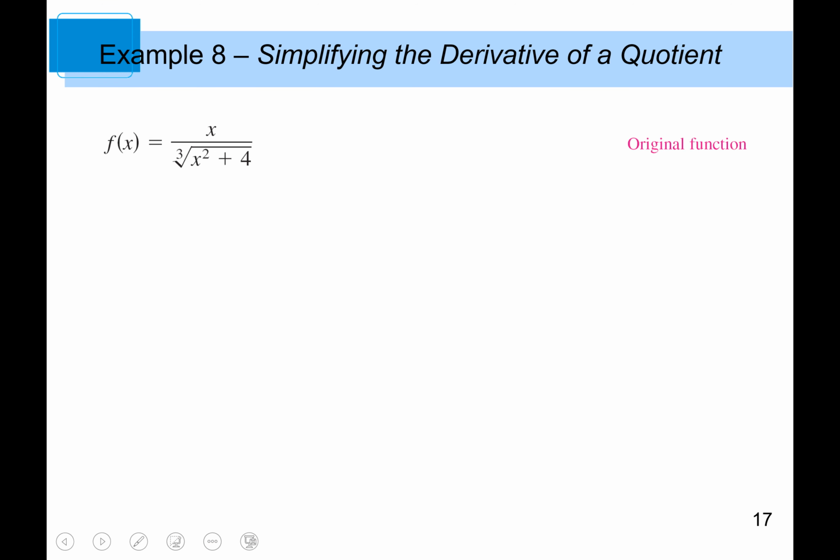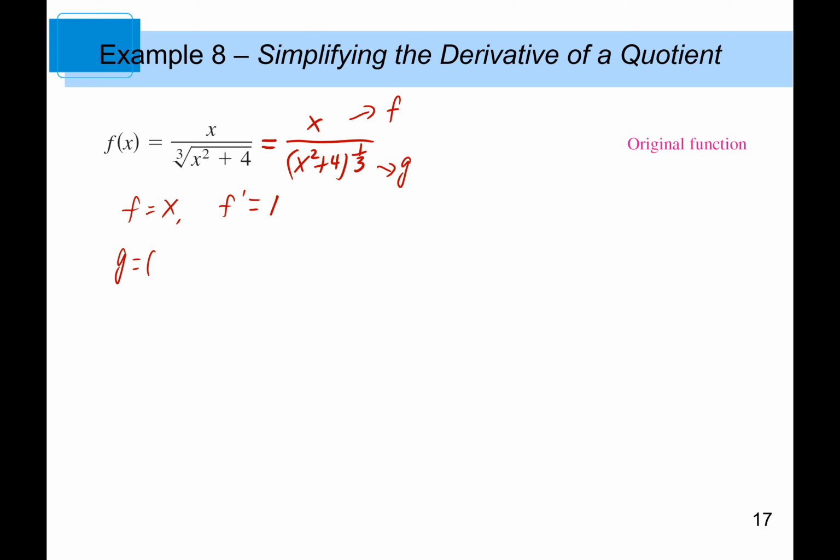Okay, so this example simplifies the derivative of a quotient, right? First of all, again, no radicals, so we have to turn it into exponents. This is f, and that's going to be g. So f is x, and f prime, the derivative of f, becomes 1. g is equal to (x squared plus 4) to the 1/3, and for g prime,